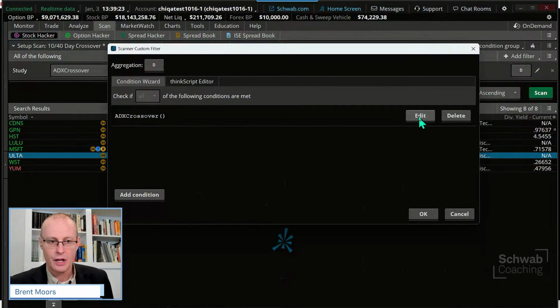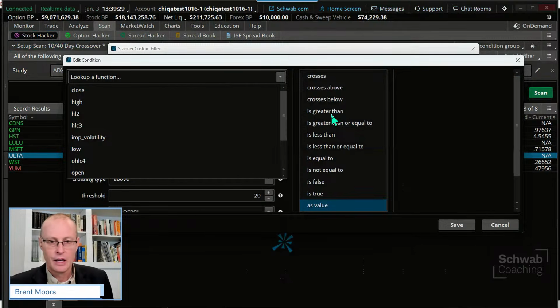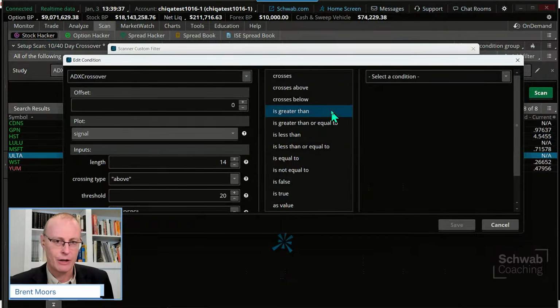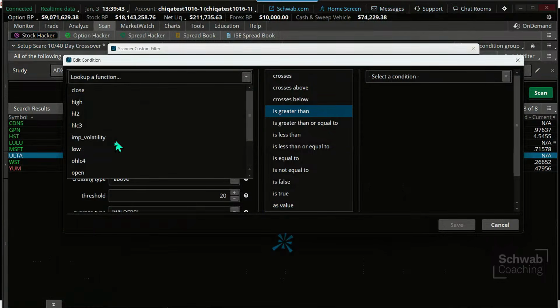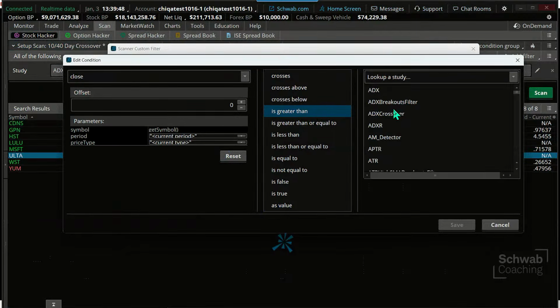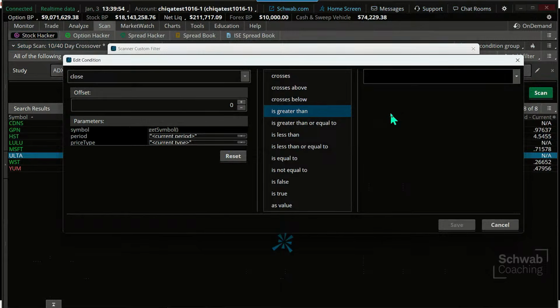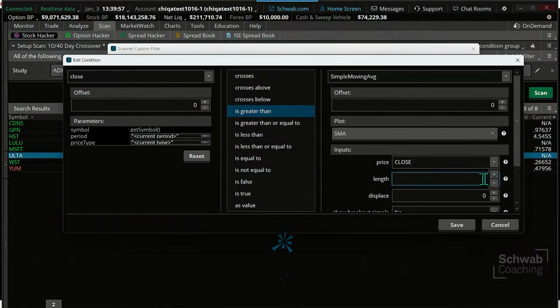Okay. So what I'm going to do is edit this. I'm going to say the stock price, so I'm going to go down to price, is greater than, I want it to have been greater than the moving average a week ago. That should be price, close, is greater than a moving average, simple moving average. I want a stock that's been greater than the 20-day moving average. We'll say,